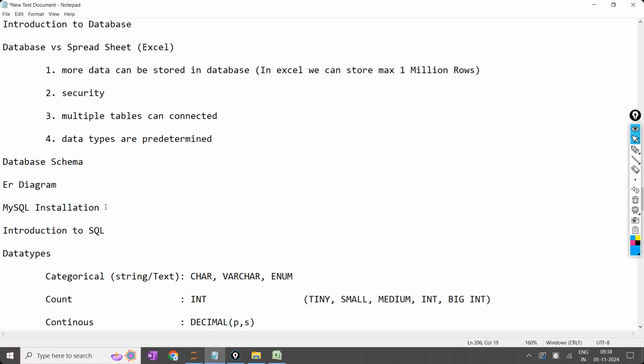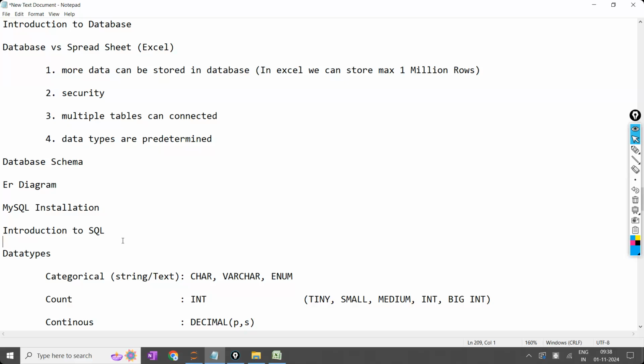Next, we have discussed the MySQL database and how to install it. And from there, I told you the SQL introduction. SQL is structured query language, which is used to communicate with structured databases, to do various operations on the structured database. For example, a locker has security. For a locker, we should know how to operate the keys, how to open the door, and how to use the number lock system. That we have to learn.